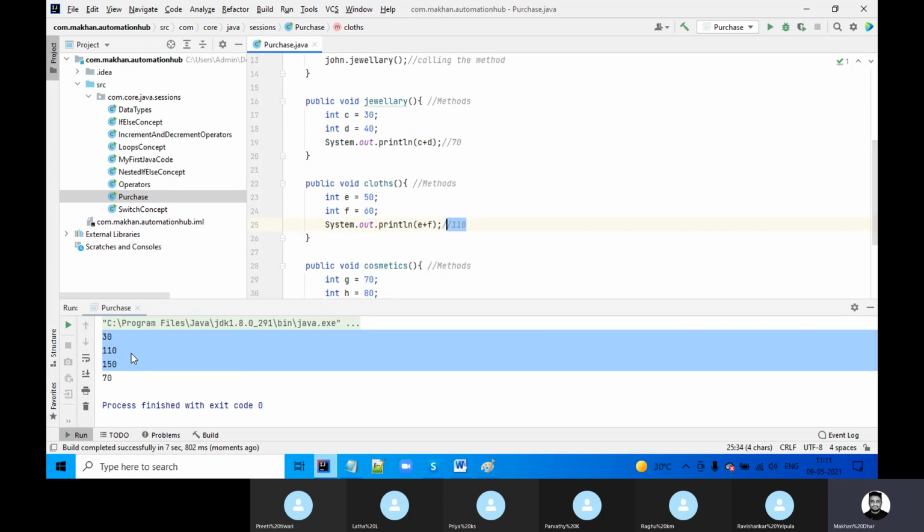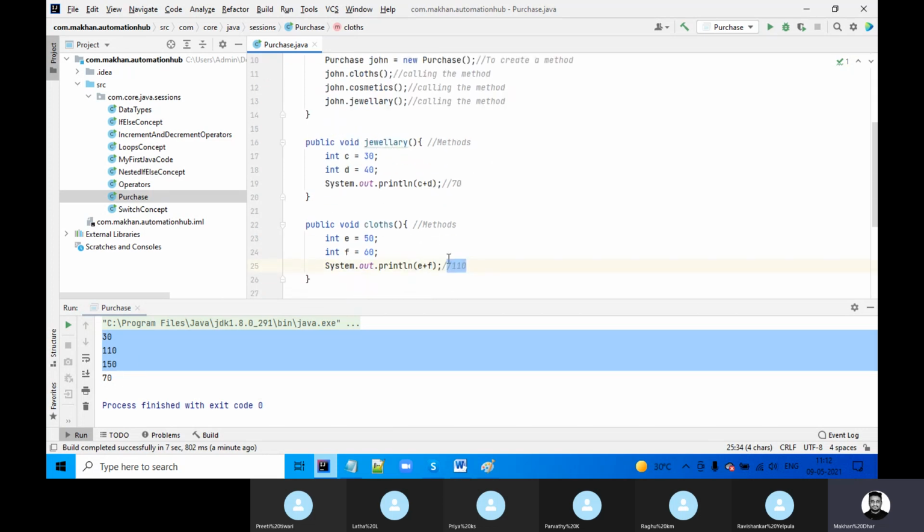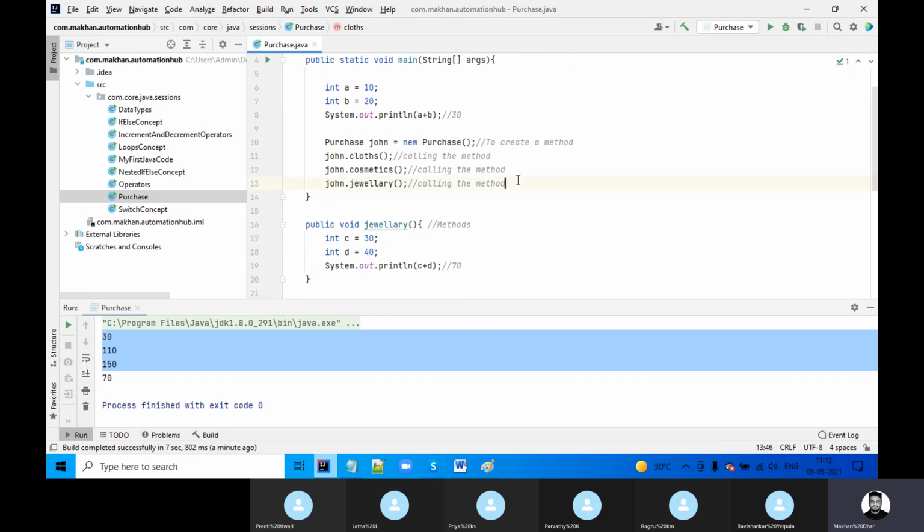Now 110, that means I called cloth expenses, asking John for the expenses for the clothes. Again I ask John for the cosmetic amount: it is 150. John, the expenses for jewelry: it's 70.